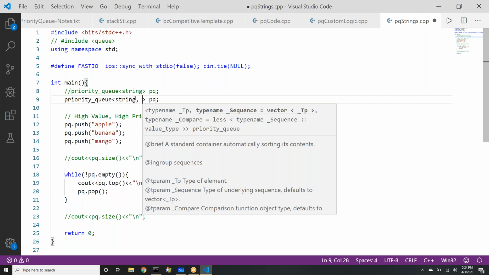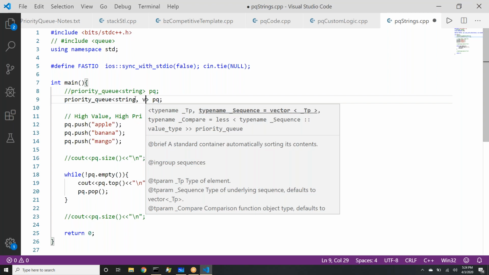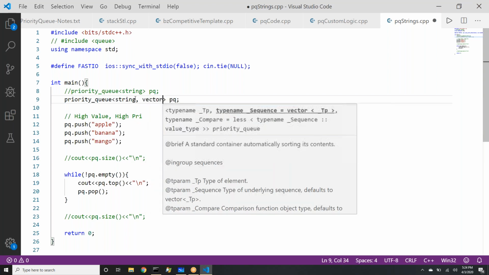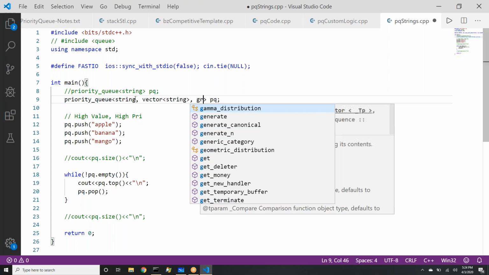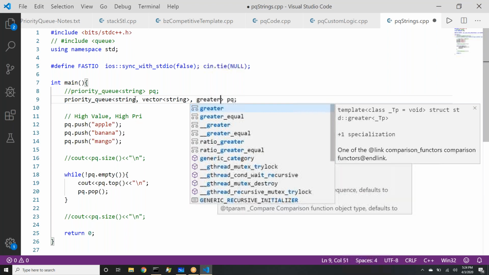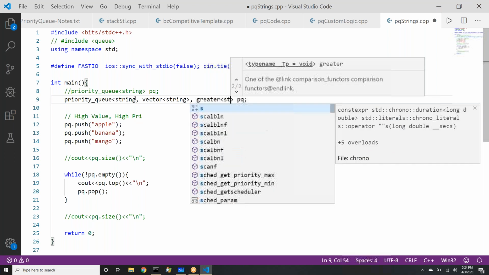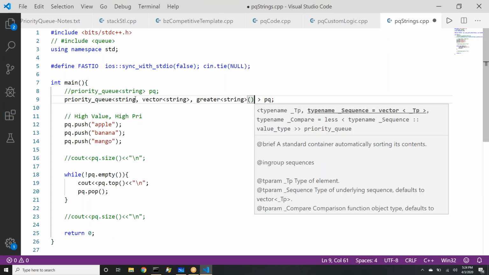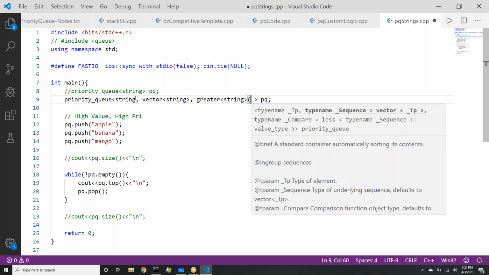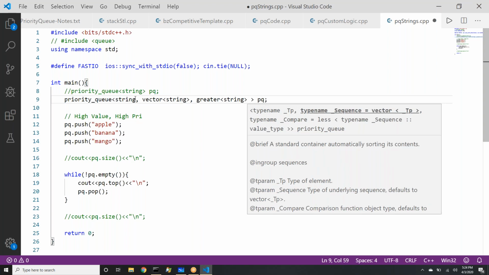How do I declare a priority queue for strings? Yeah, it should be vector of string. Perfect. And the third parameter should be greater of string. Koteshwar was asking, is greater a function here? Answer to that is no. When you write greater, you can just write greater and the data type.